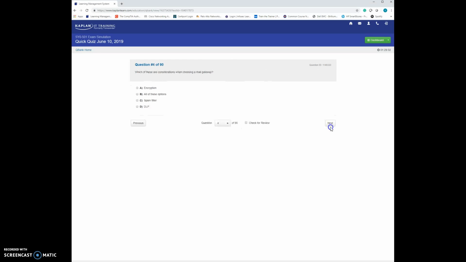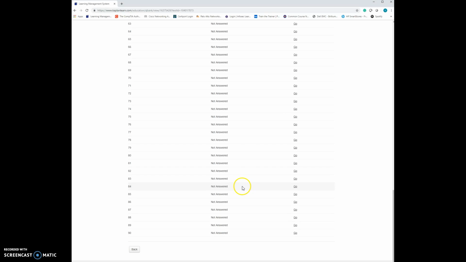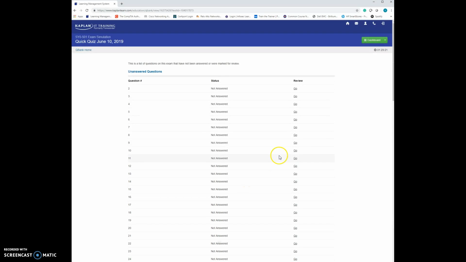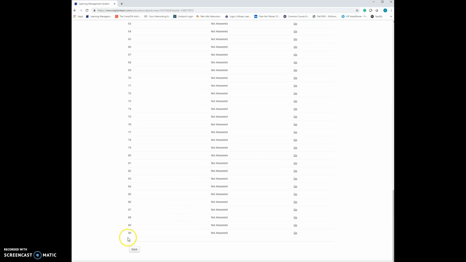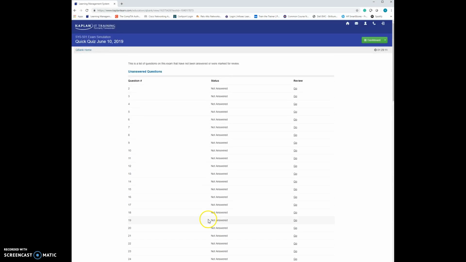When we go all the way to the end, I'm not sure it'll let us because I know a little bit's changed here. We click the submit button, and then we should be able to, oh, I guess you can't. So there was a button to actually submit this, but I see this has even changed a little bit.